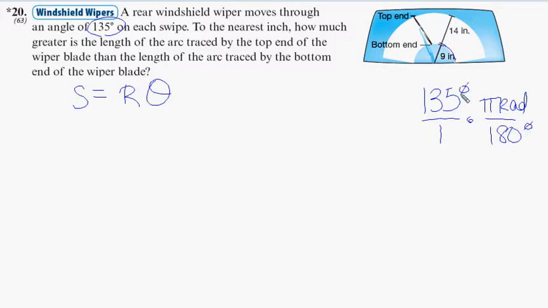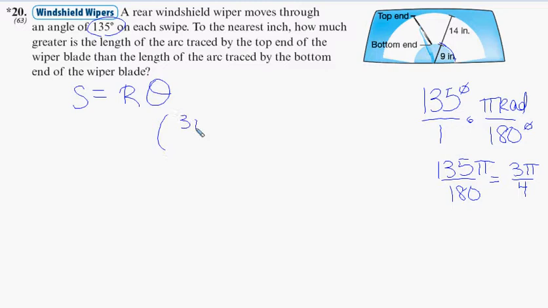Okay, so our degrees cancel, you have 135 pi over 180, and that reduces to 3 pi over 4 radians, so that's going to be our theta value